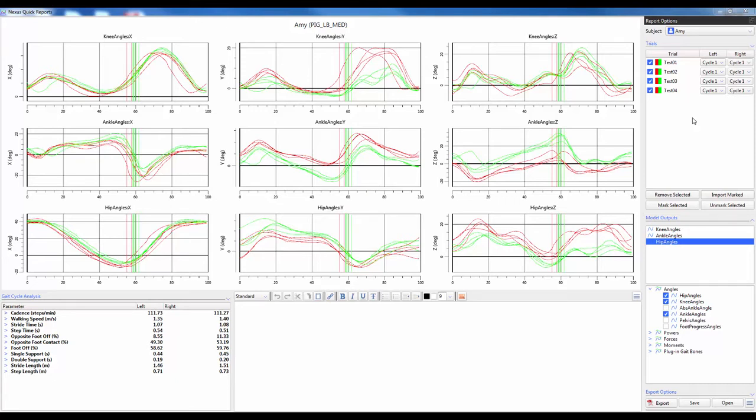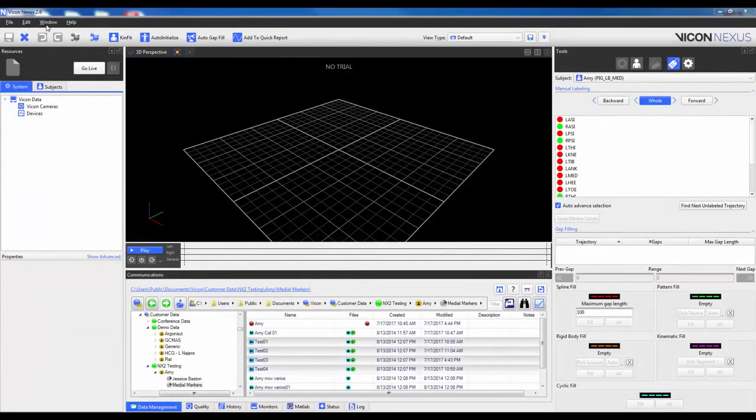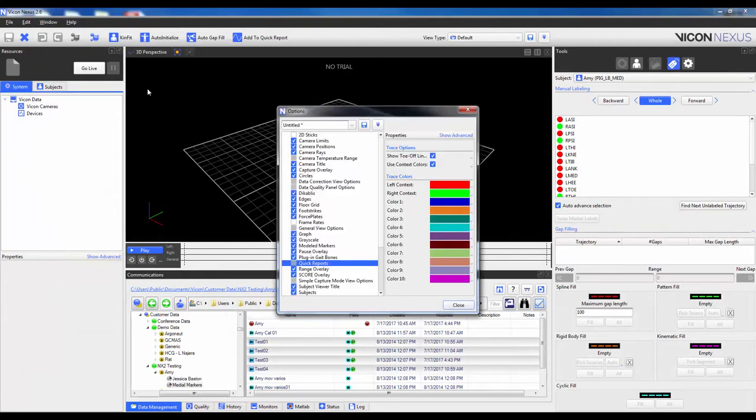Finally, it is also possible to change the appearance of the graphs that appear from the model outputs. By default, we will have the classic color scheme of red and green for the left and right sides respectively. We can also see that the toe-off lines for each of the gait cycles appear in the graph. To change this, I'm just going to go ahead and close Quick Reports, and I go into Window, Options, make